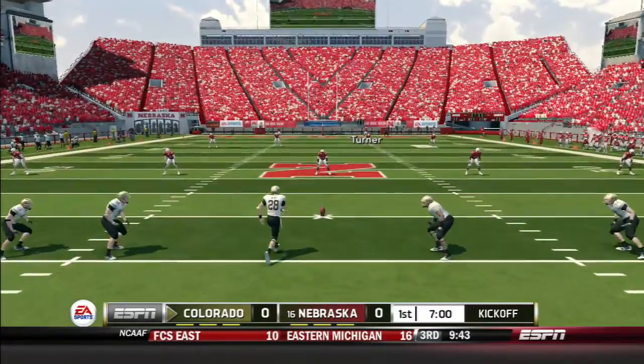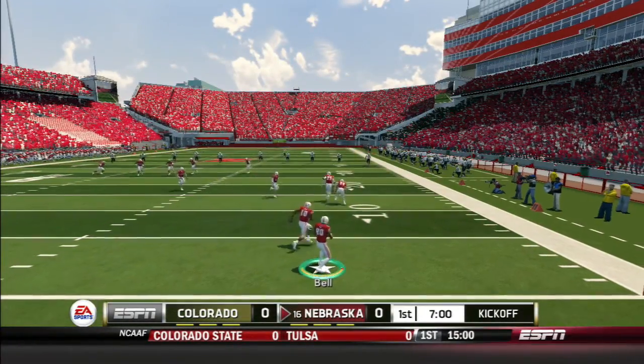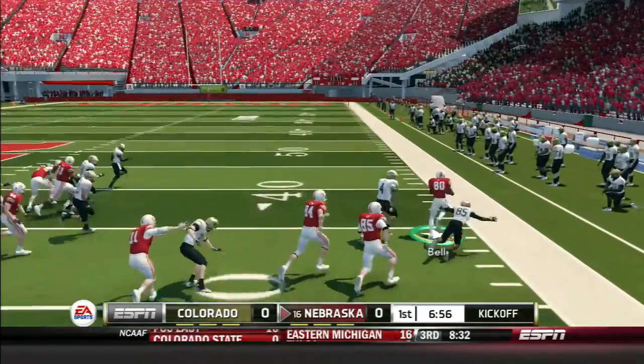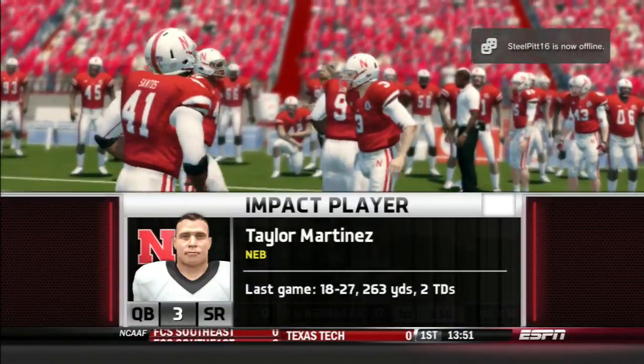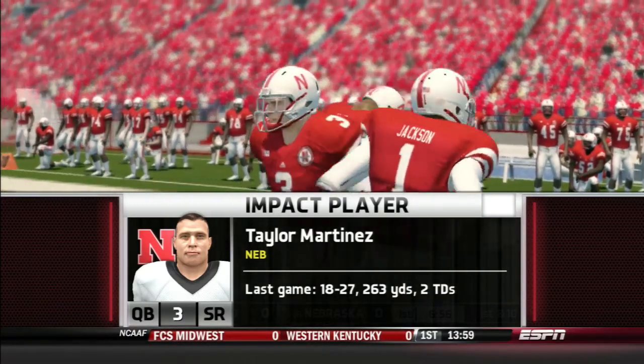Colorado tees up the ball as we get ready for the opening kickoff. Bell fields it at the 2, tries to get around the corner. They'll bring him down at the 39. The Cornhuskers offense basically predicated on what this kid can do. The thing I love about this guy, Brad, is